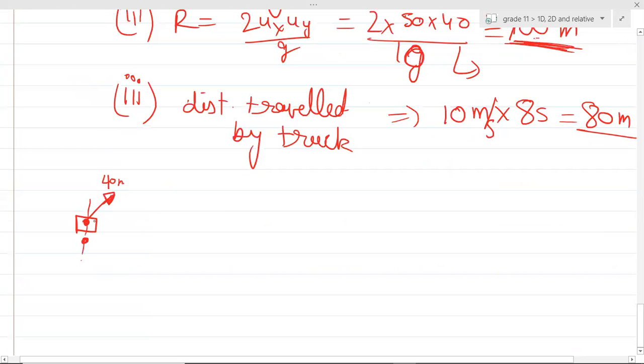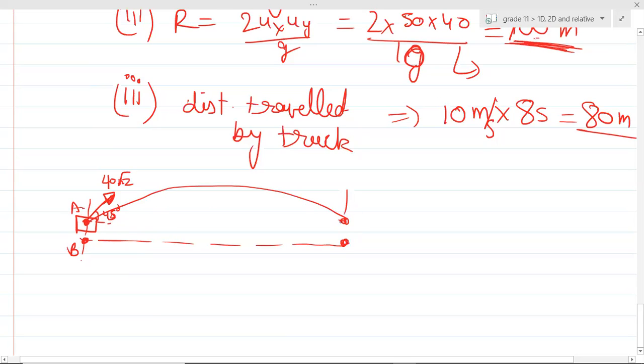40 root 2 and 45 degrees. And this is boy B, this is your A. So can you see over here? This ball will come back over here. This boy would reach over here at t equals 8 seconds. They will be at the same position. But at t equals 8 seconds, the truck